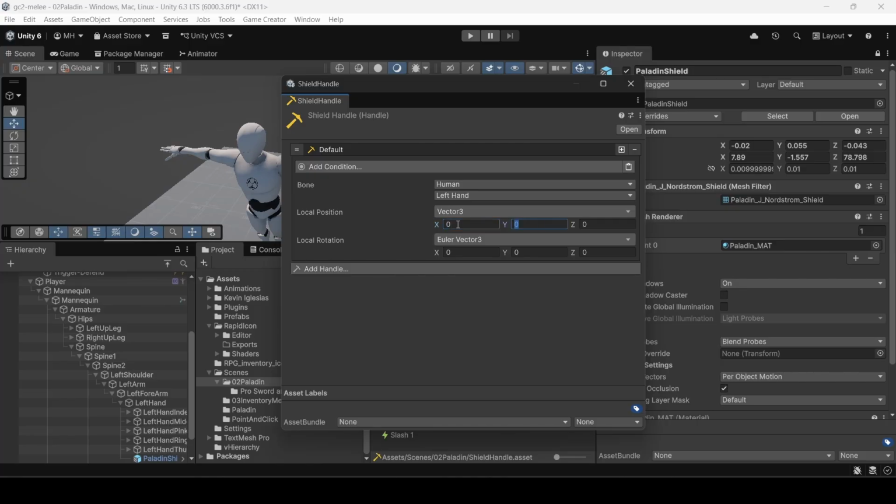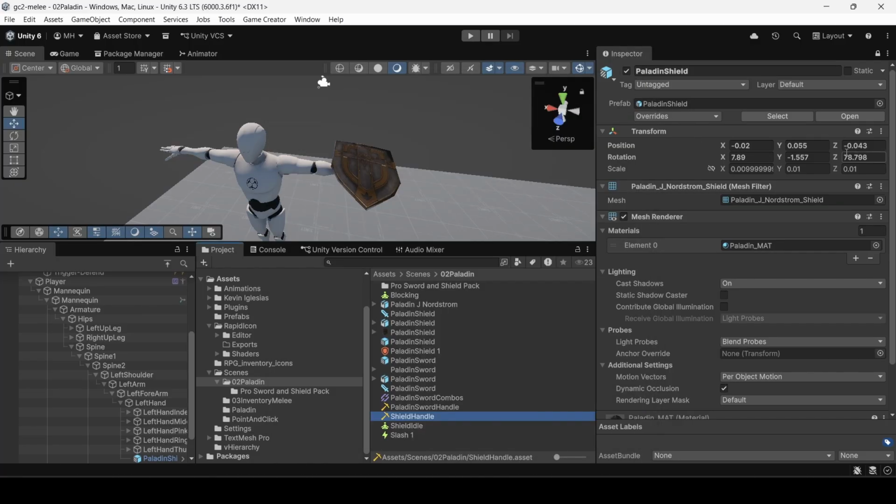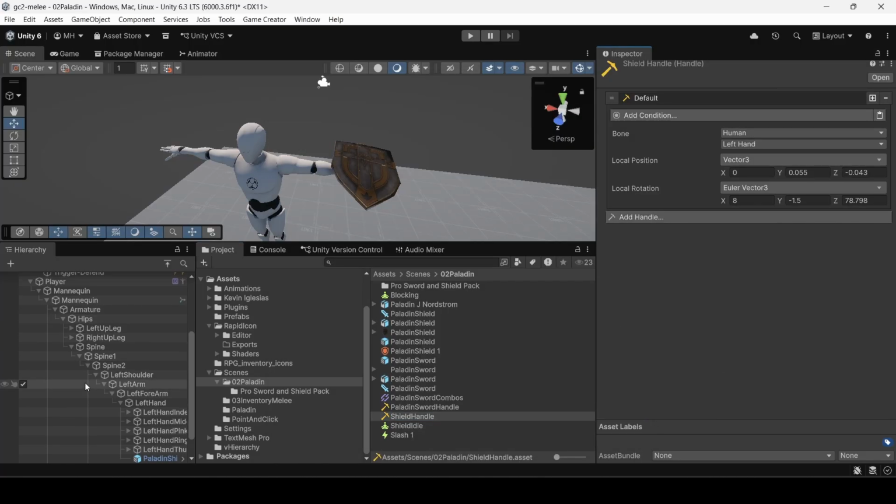Zero, negative 0.043, and then say 8 degrees then, minus 1.5, and 78.798. Okay. Try that. And then, the only other thing we need to do, let's just turn that off now,